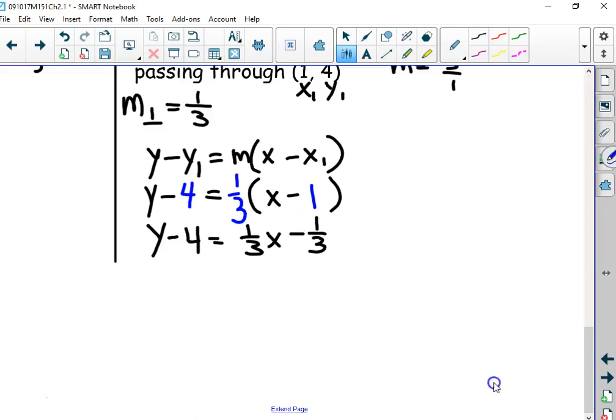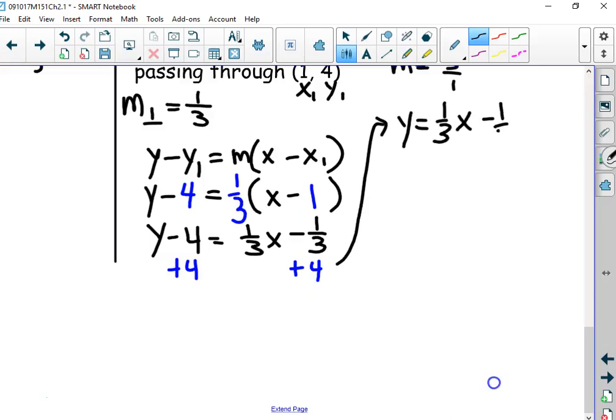I'm going to add 4 to both sides. Got some fraction work to do. We don't have to graph it. Minus 1/3. Now, I'm going to multiply both 4 and 1 by thirds to get that 4 into thirds. So 4 times 3 is 12. 1 times 3 is 3. Let's put those together to finish